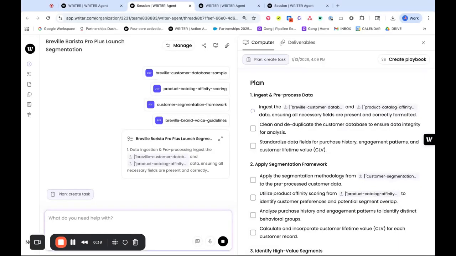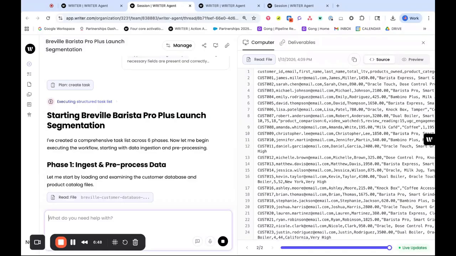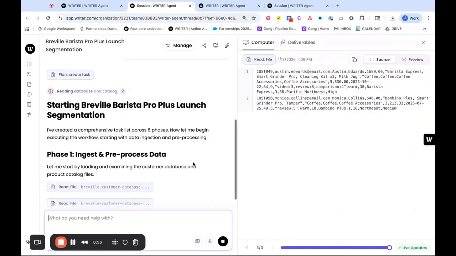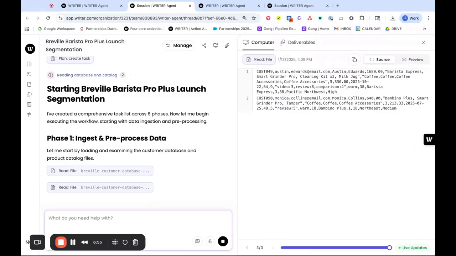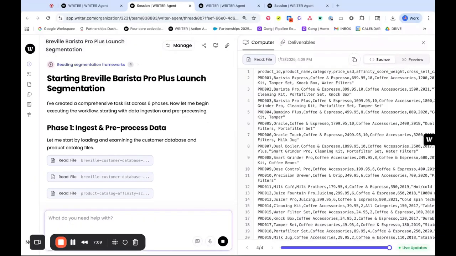And here's the powerful part. Before Writer even begins, you can see the workflow plan it's developed for itself, which was just shown there on the right-hand side. Here on the left, you can see Writer start to execute against that plan. Every step of the process that it defined for itself as it works towards the outcomes that I described. The great thing about this is that it's collaborative. I'd like to say it takes no code to another level.